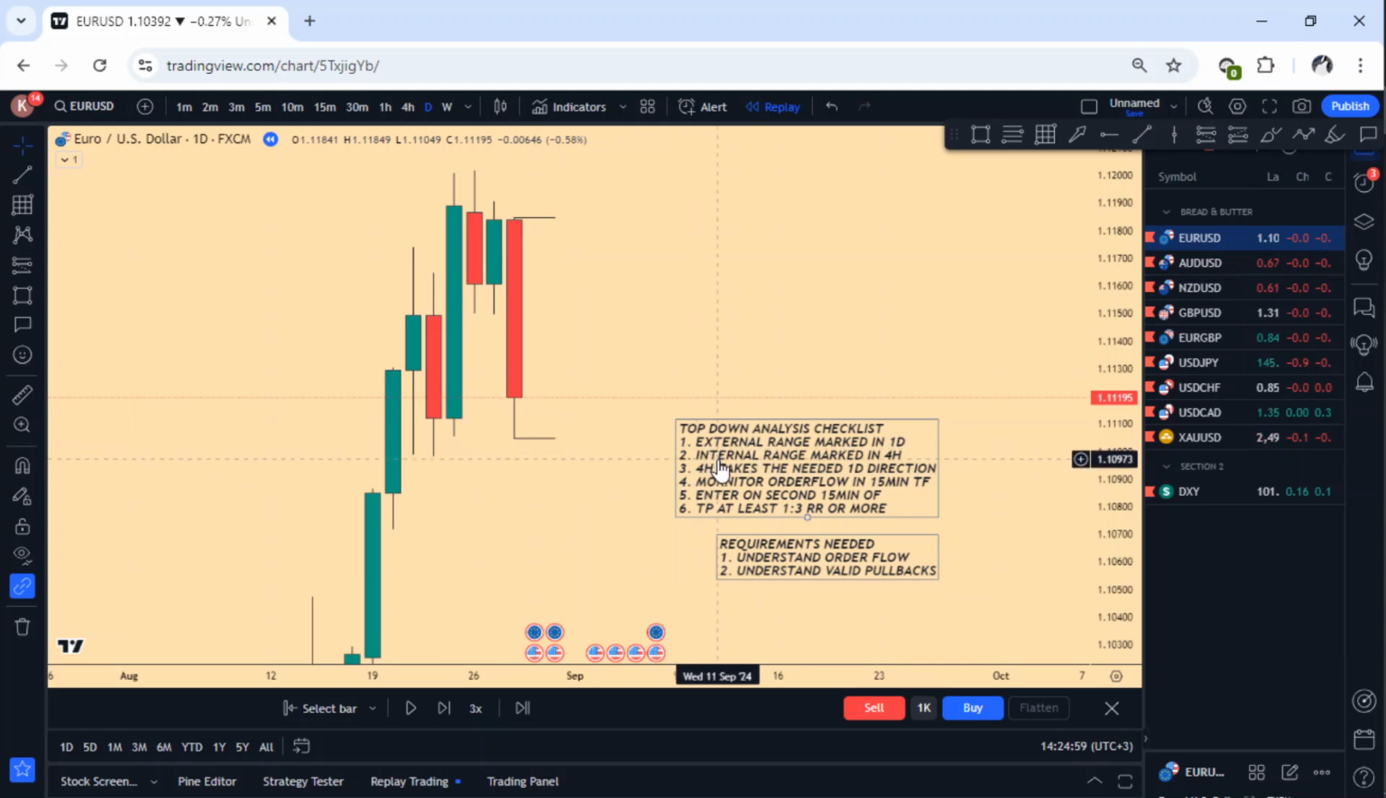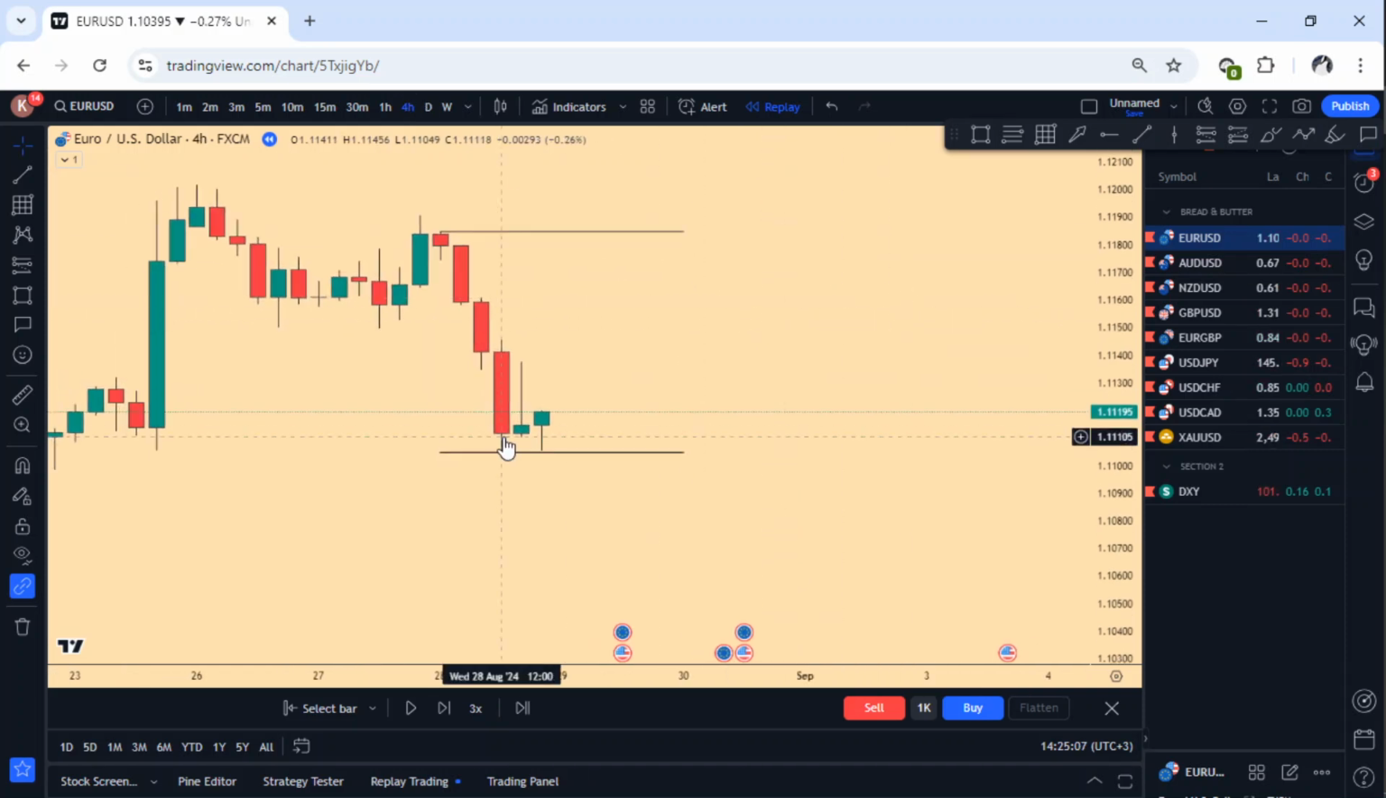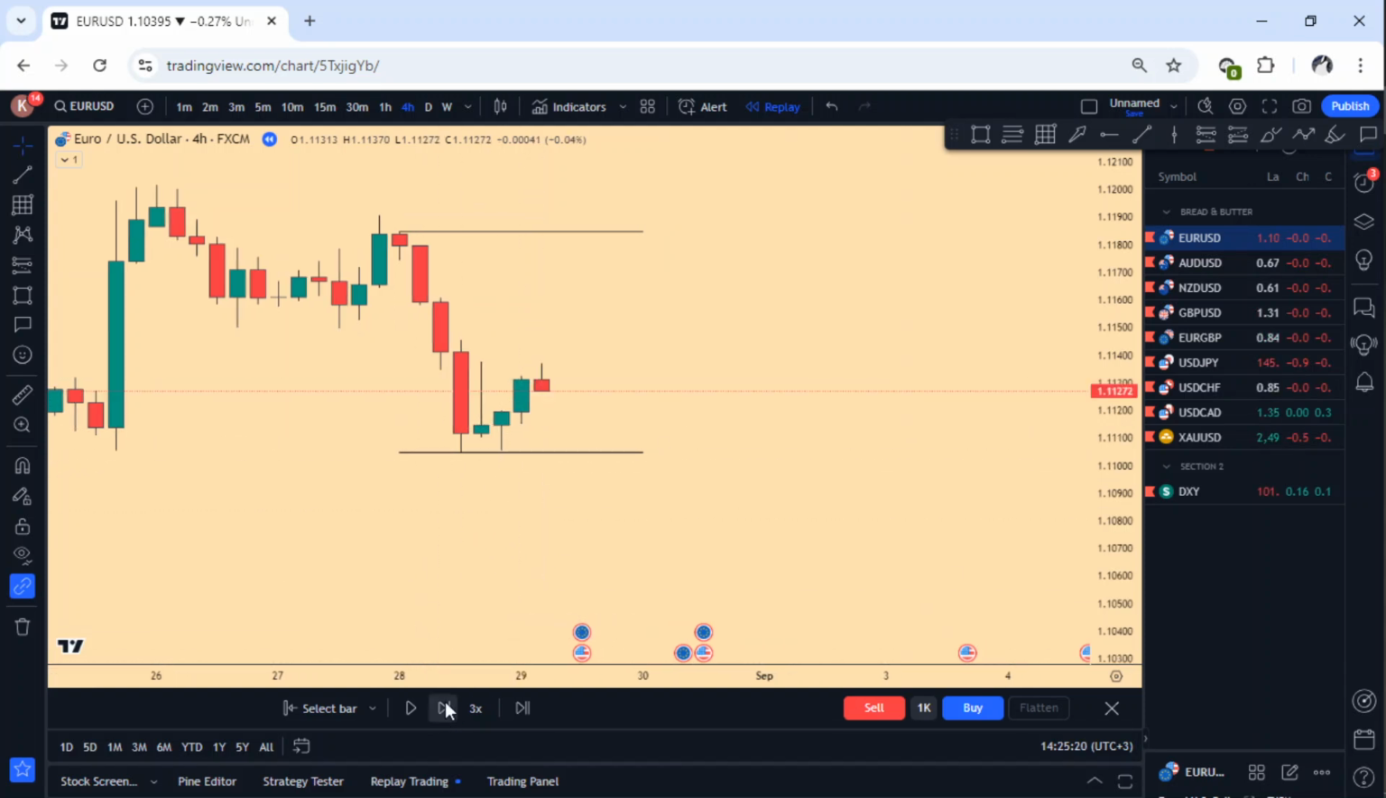So I've already gotten my bias, that is, marked my daily high and low. So what is the next thing? The next thing is to go to 4 hours and mark the internal ones. So we shift to 4 hours, and this is where the last candle of the day was printed in 4 hours. So we have to play the price a little bit. Now as you can see, we are trading London and New York, so we have to wake